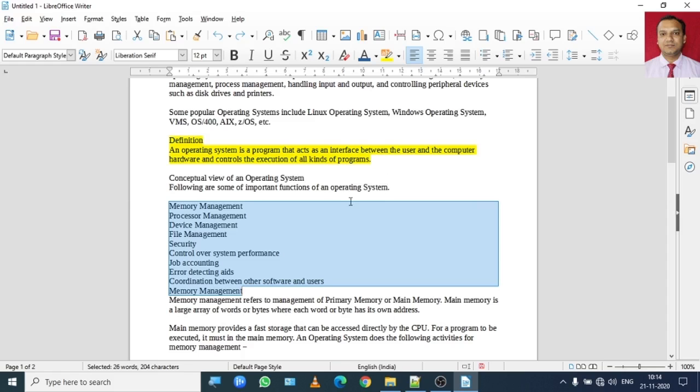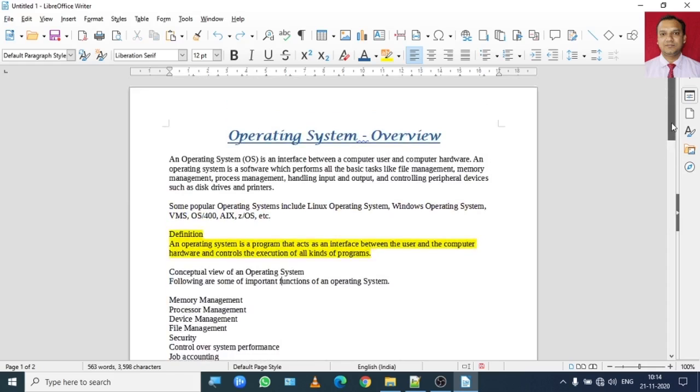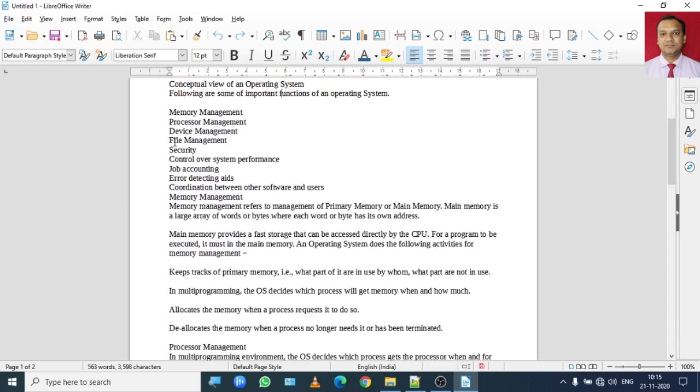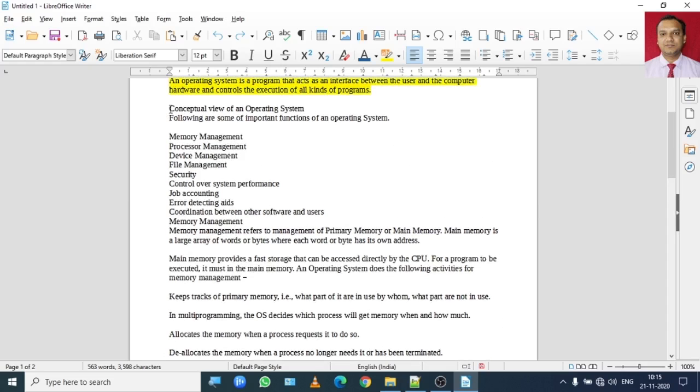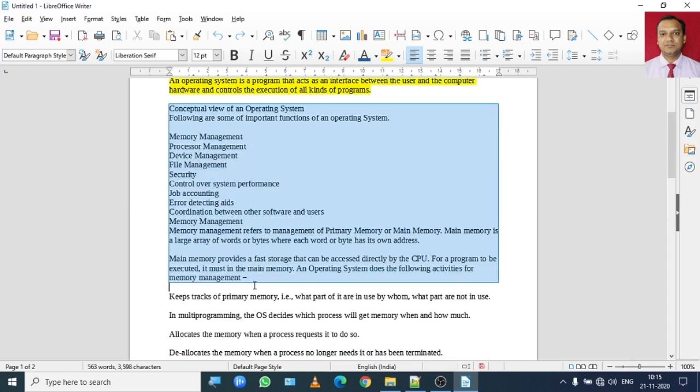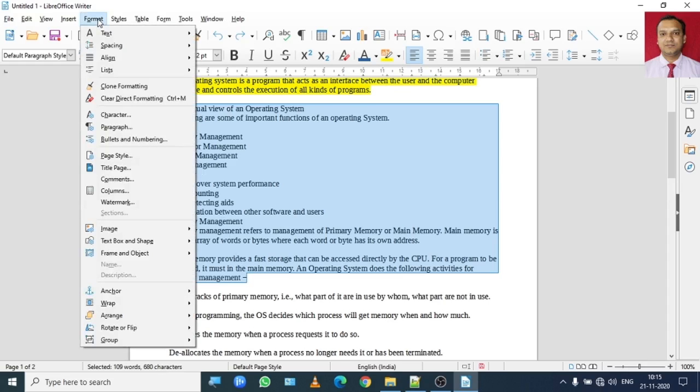First, in order to make changes, hold on a minute. Okay, so in order to apply paragraph formatting, select the paragraph for which you want to make changes. Let's say I want this content to have proper paragraph spacing and line spacing. So go to Format, then click on